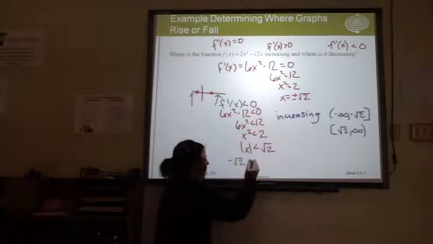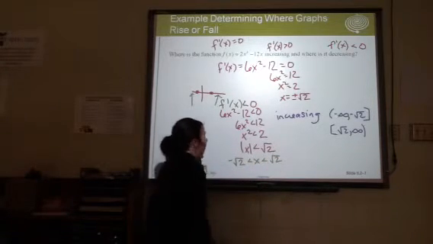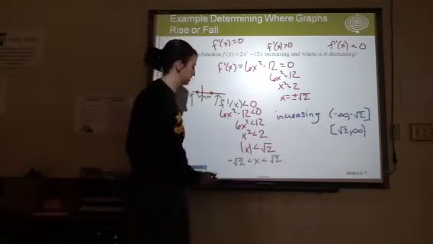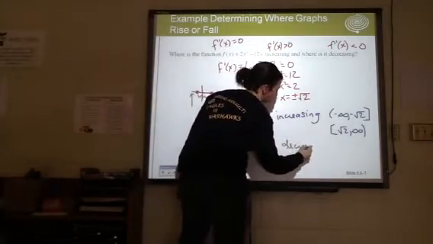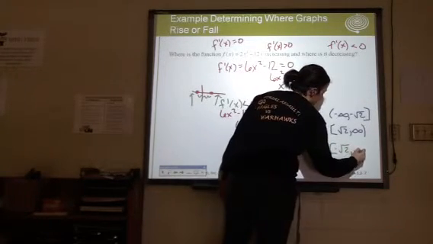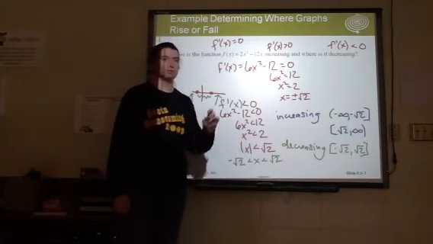So negative square root of 2 is less than x is less than the square root of 2. Or these numbers right in here. So where is this function decreasing? It's decreasing from negative square root of 2 to square root of 2. Okay. I'm going to go ahead and stop it and make this part a